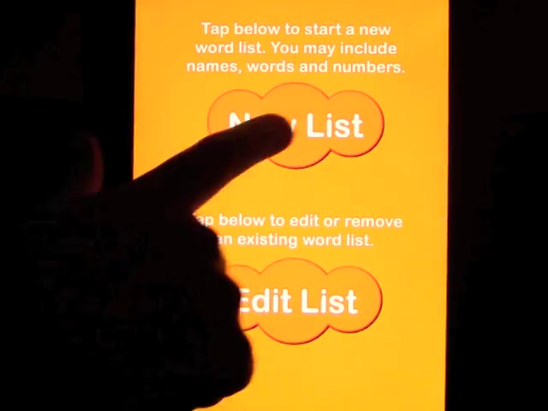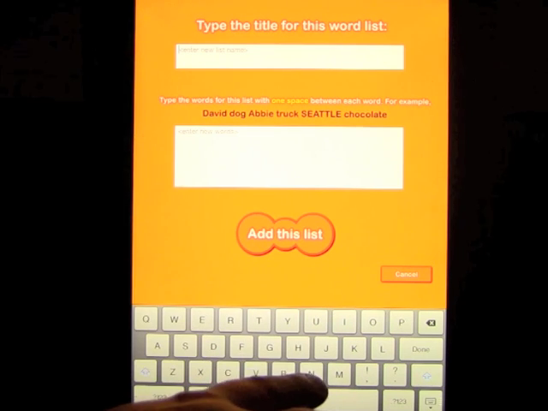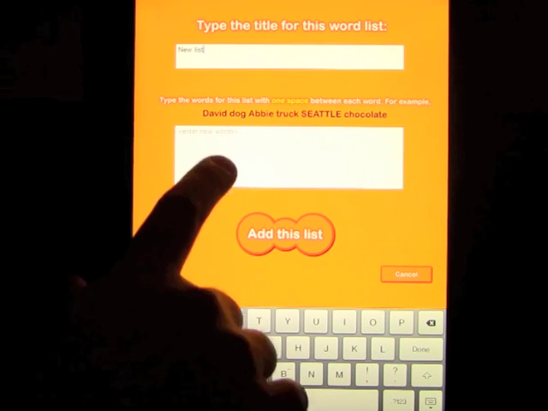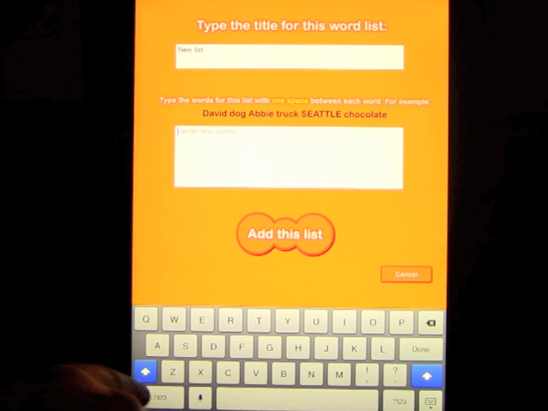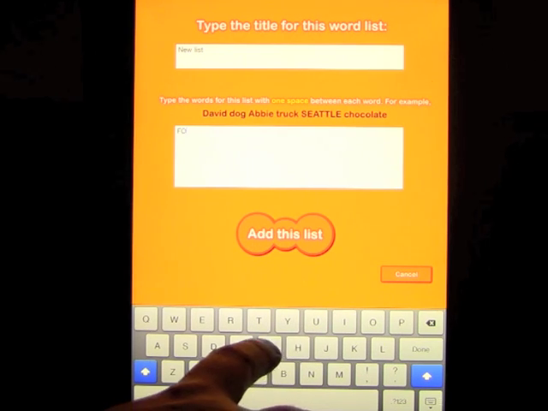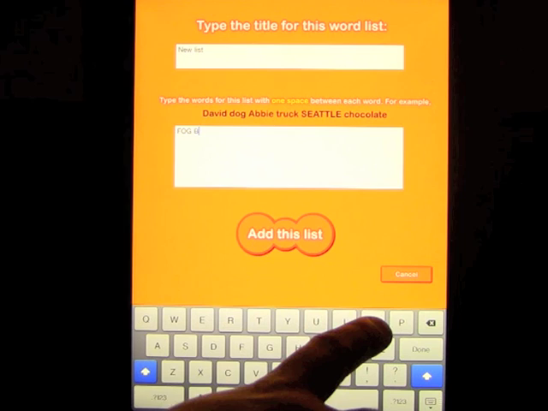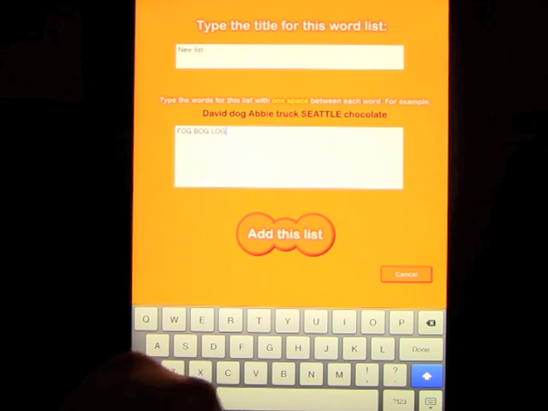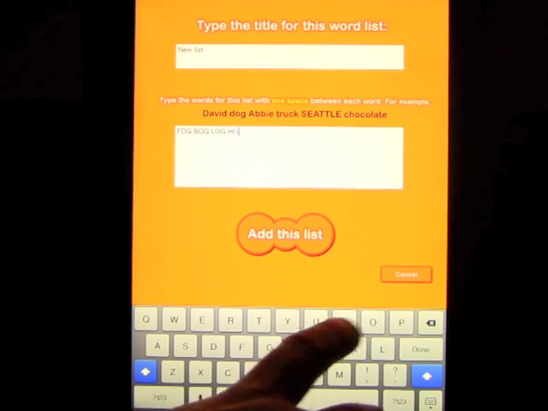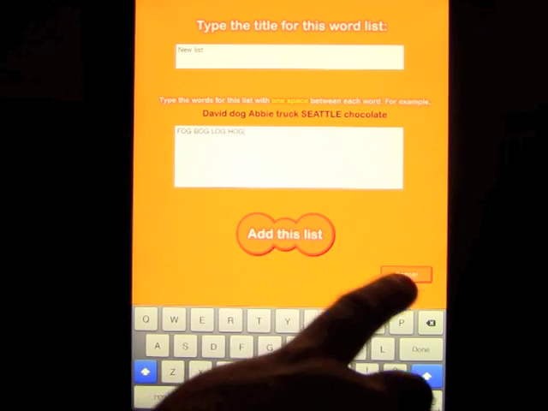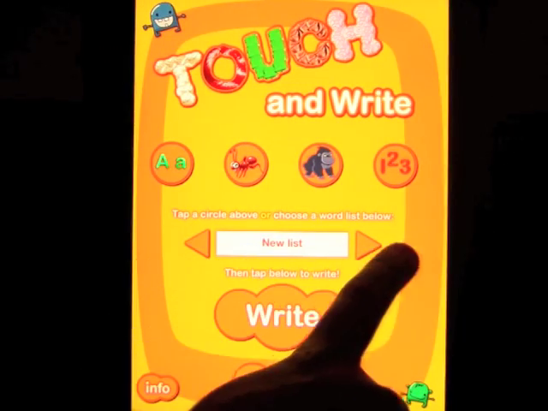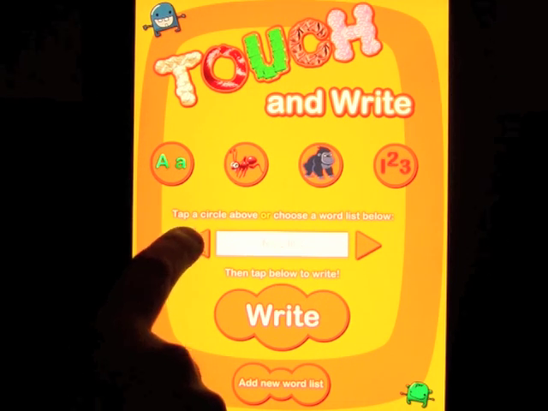So let's go out and create a whole new one. So add a new word list, new list, and we'll call this new list. And let's say we want to make this all caps. You just double tap the arrows up on your iPad, and that makes it capital letters the whole time, so you don't have to keep messing. And we'll work on rhyming words, which is another thing. So fog, bog, log, hog. We will add that list,